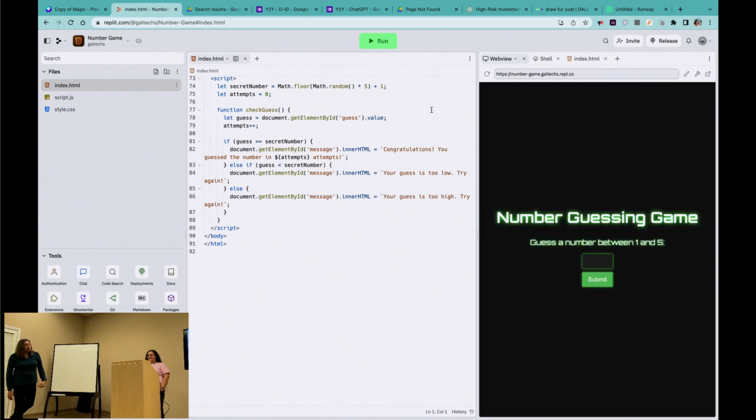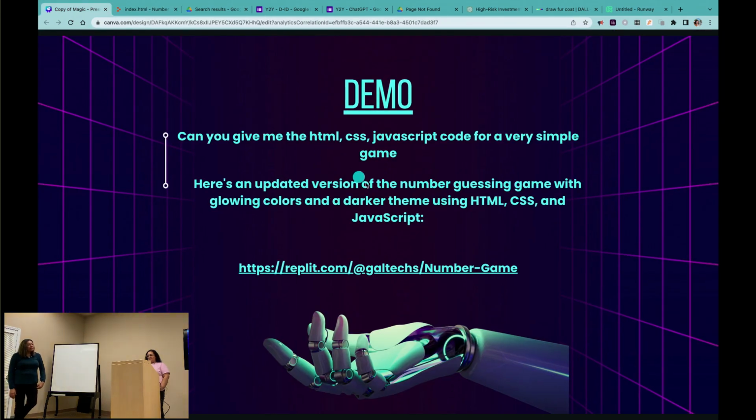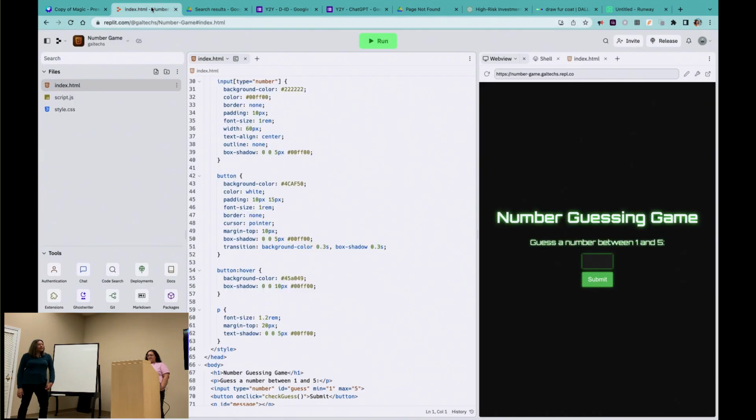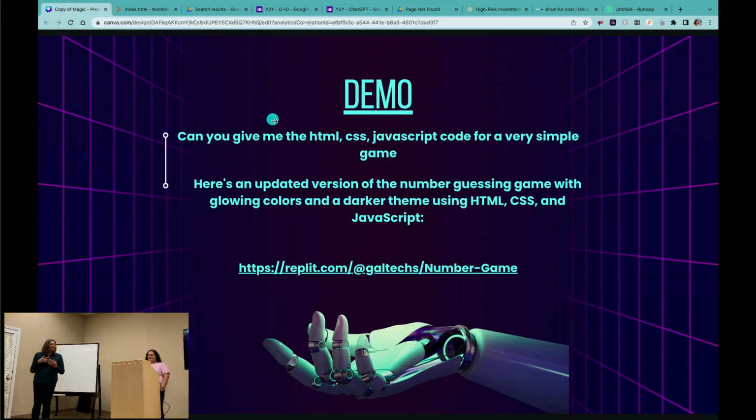The prompt was, can you give us examples? Can you give me the HTML, CSS, JavaScript code for a very simple game?